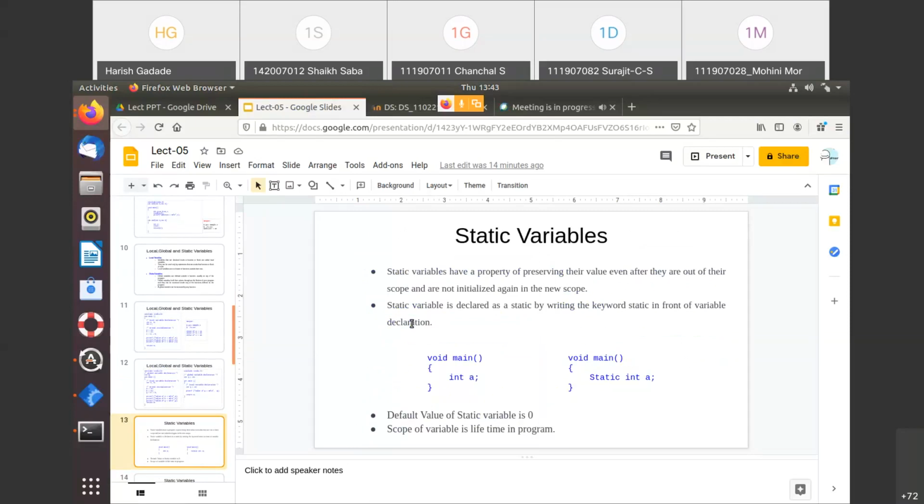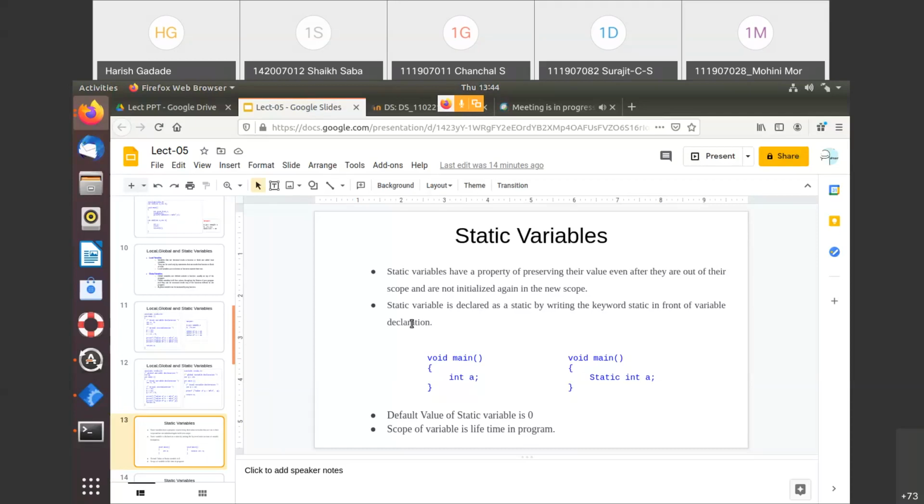When we talk about static variables, a static variable has a property: it preserves the value we assign to it, even outside of that scope. And it is not necessary to reinitialize it again, right?